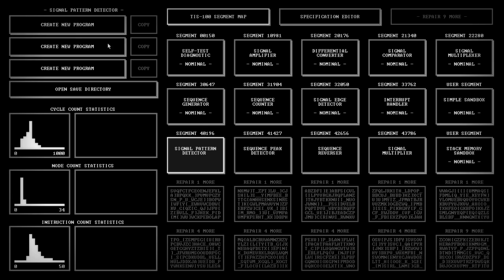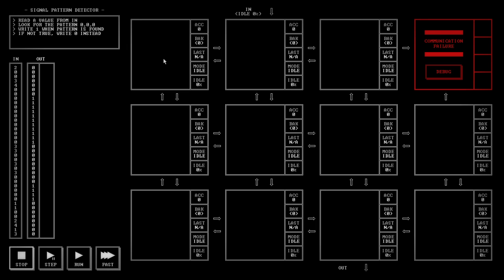So, signal pattern detector. What is this? Read a value from in. Look for the pattern 0, 0, 0. Write 1 when the pattern is found. If not true, write 0 instead. This doesn't seem too bad. In fact,